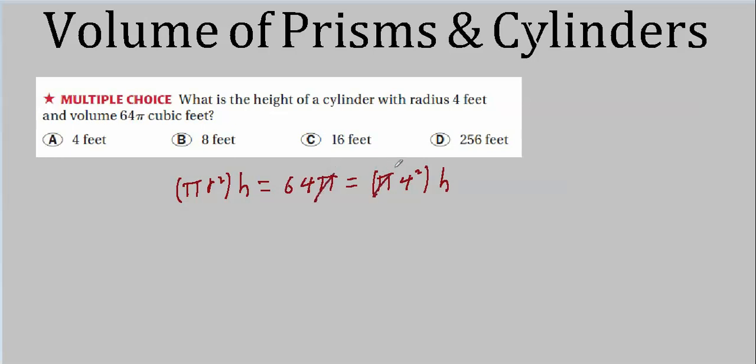Cancel those, and 4 squared is 16. If we divide through by 16, we should get 4 over here, h over here. And now it's right over here, choice A. So once again, when you see stuff like this, set up your basic equation and see what starts to drop out. In this case it was real easy. As long as you set your equation up right, you can instantly spot all kinds of stuff to cancel and divide, and just about do this in your head.